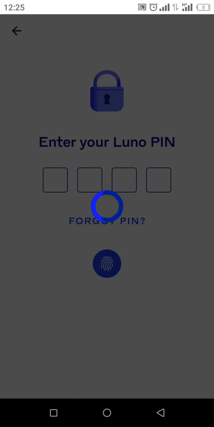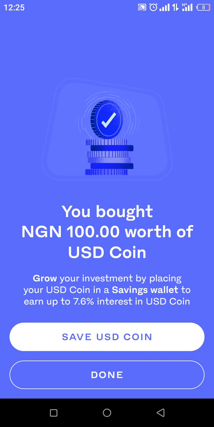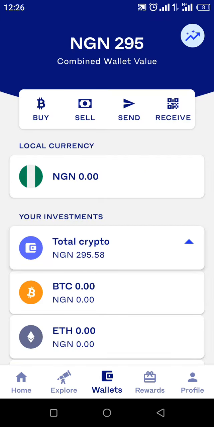Okay, good. You bought 100 naira worth of USD coin. Done. So that's that, guys. That's how to buy crypto on Luno. It's very easy. All you need to do is follow the steps I outlined in this